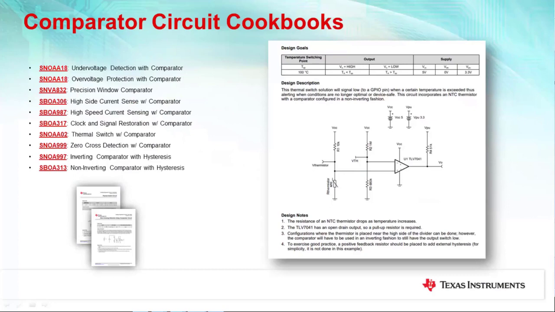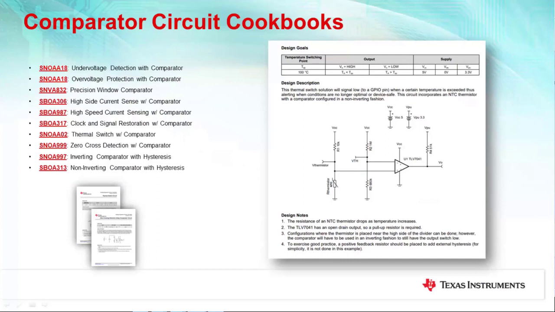So this example on the right is actually showing how to set up a thermal switch with one of our devices. Again, you can see we have an NTC and then a resistor ladder setting a reference, and then a comparator just monitoring for when that temperature goes out of range. And the second it crosses your threshold, it's a switch, it will alert either your microcontroller or you could drive a MOSFET. And actually, in this case, this is probably one of the most cost optimized thermal switches you could create because NTCs are pretty darn cheap. So this NTC thermal switch idea is very common.